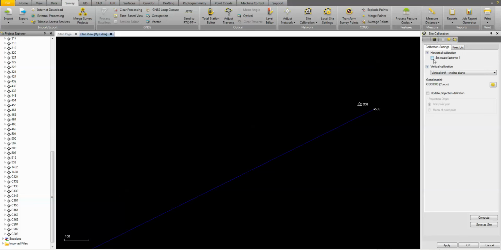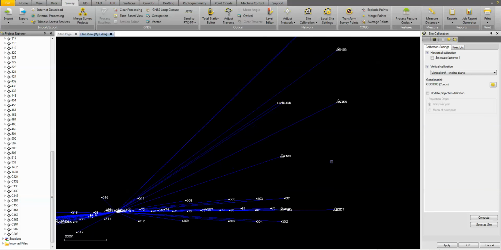The set scale factor to 1. This is a scaling of your observations. It's not a scaling of the projection. So you need to be quite aware of the effect of this. If you leave this unchecked, let's just say for example that you're only going to calibrate between 2 point pairs, and you've got grid points that you've imported that may have some error in them. Let's just say that there's a foot of error. If you leave this box unchecked,